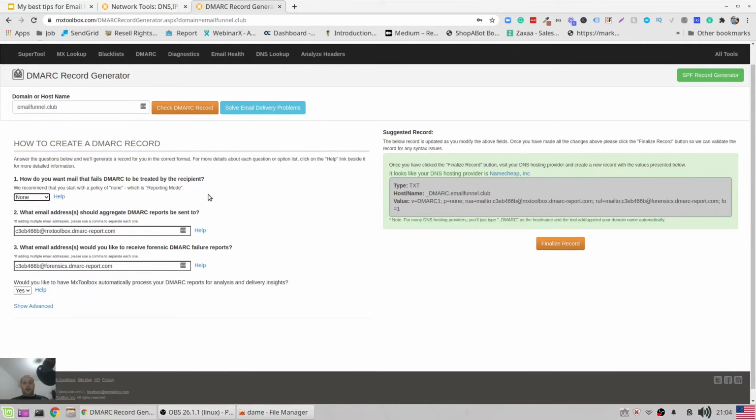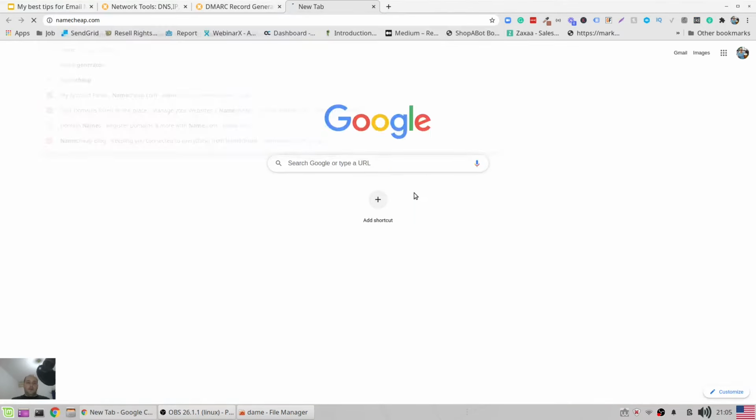record. So as a general suggestion, some people out there don't even add a DMARC record because they are not 100% sure if their SPF and DKIM are aligned. So what you can do is test things out. Try one email without a DMARC record, and try one with a DMARC record and see how those react. So if I want to add this, I will go to Namecheap